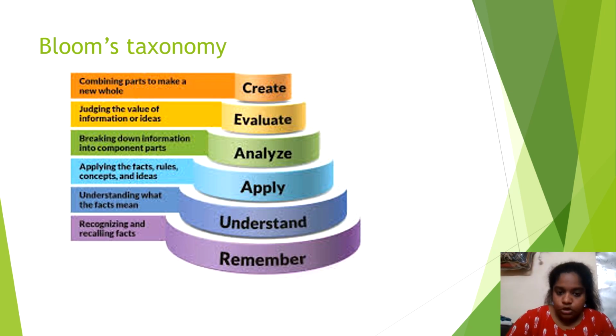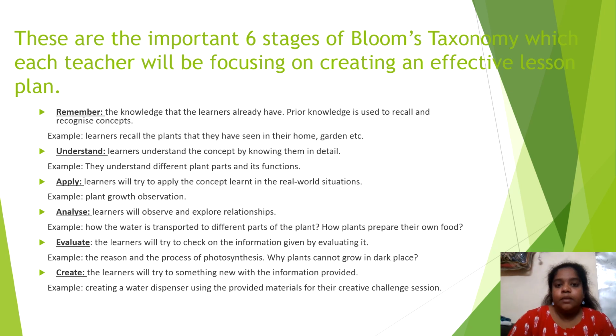Bloom's taxonomy involves 6 stages: remember, understand, apply, analyze, evaluate, and then create. These are the important 6 stages of Bloom's taxonomy. Remembering the knowledge that they already have, understanding the concept, applying the concept to a real world situation, analyzing how it works, evaluating based on the information by checking, and creating new knowledge with the help of the